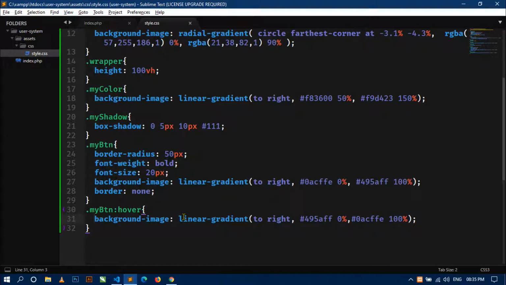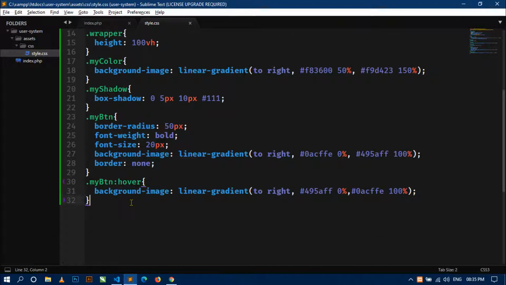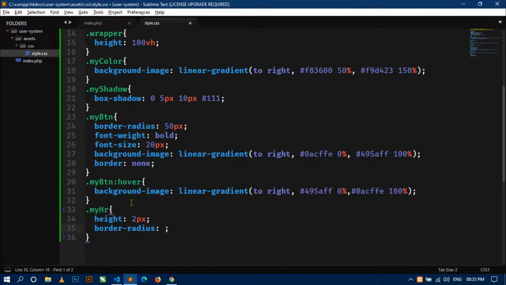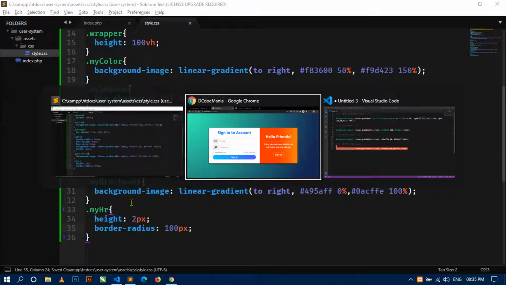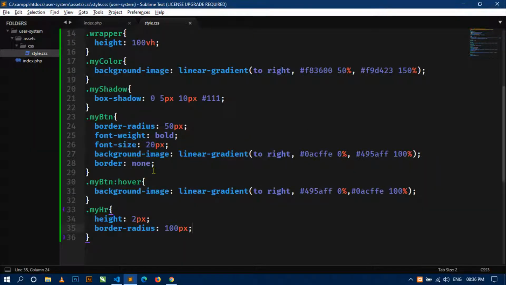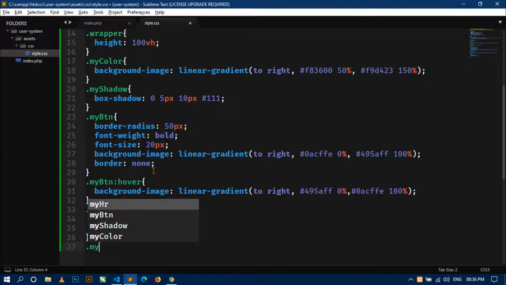Now I will use some other CSS for my hr. For my hr, I will use height 2 pixel and border radius 100 pixel. If we save this, go here and refresh, you can see the hr horizontal line has been changed. And now one more thing, my